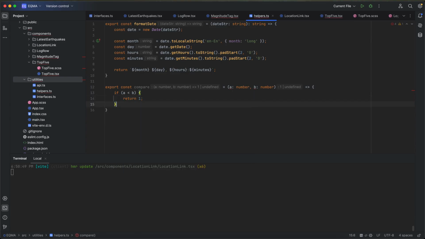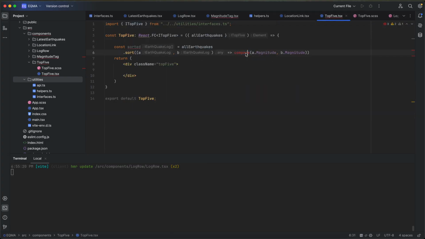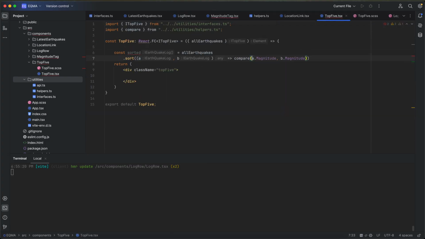Else, or I can just write if again. So if a is larger than b, then return -1. And else, if they are equal, return 0. So this will help us while we are looping through to compare them. So I can just import it here. So we are sorting them based on their magnitude with this function, and then we can just